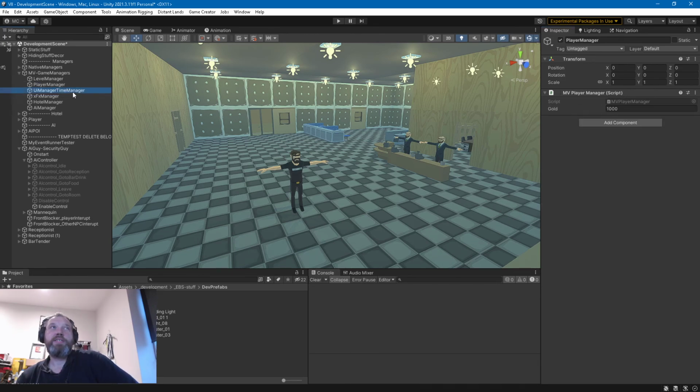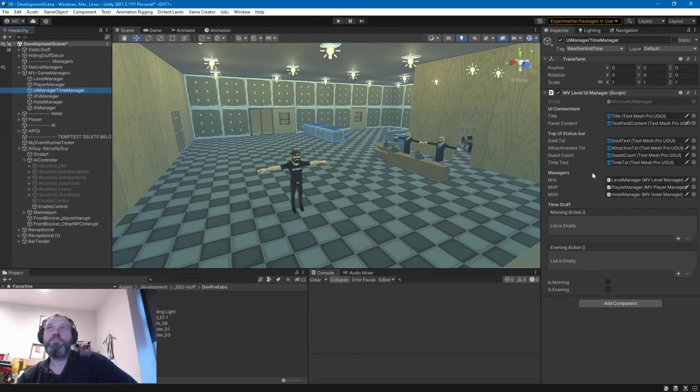Player manager still empty. UI manager. We could do something to this, so we can actually see it's separated. I already made headers, right? UI connections. That should be settings. UI status bar. Kind of settings, but different anyway, because it's the top bar, the one at the top